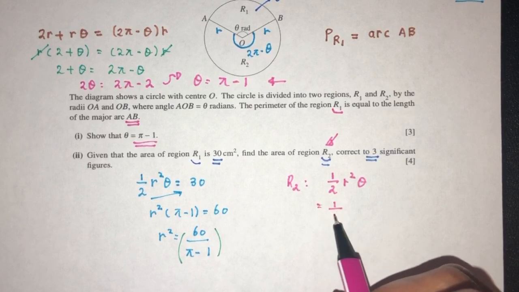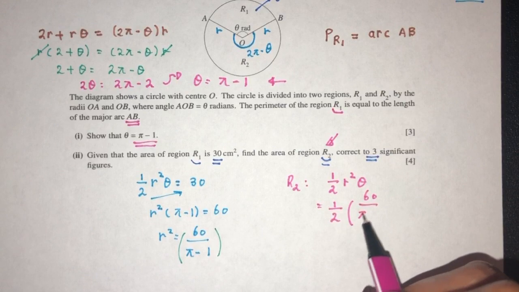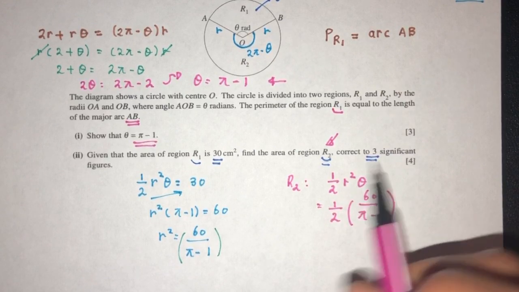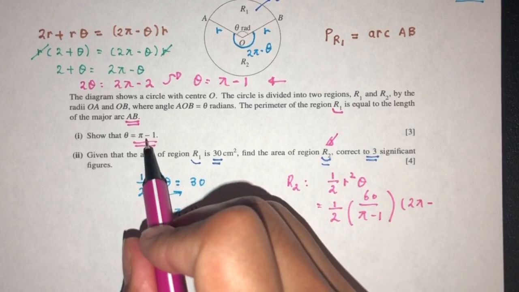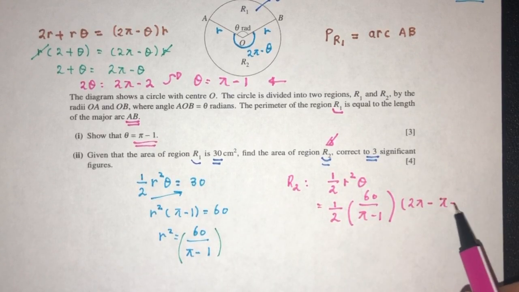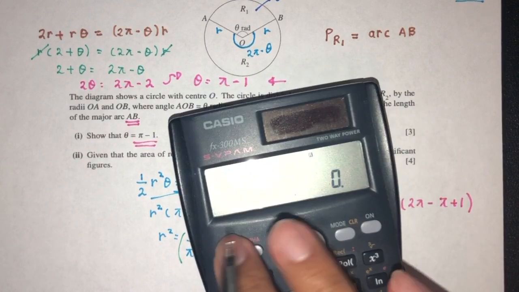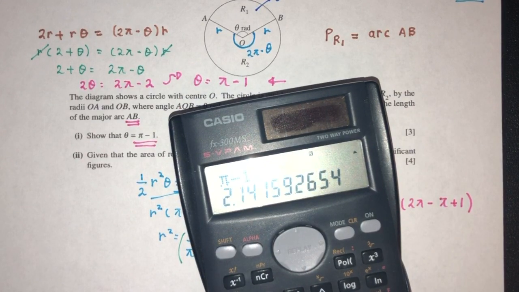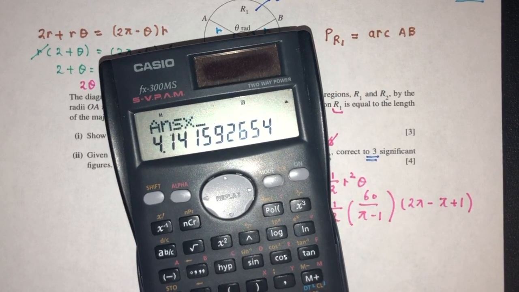That will be half R squared, given to you by 60 over pi minus 1, and times the angle here, which will be just 2 pi minus theta. Theta is found to be this. So here we just have to solve for the value of this, correct to 3 s.f. So theta is this minus 1, and the angle is this minus theta, times 60